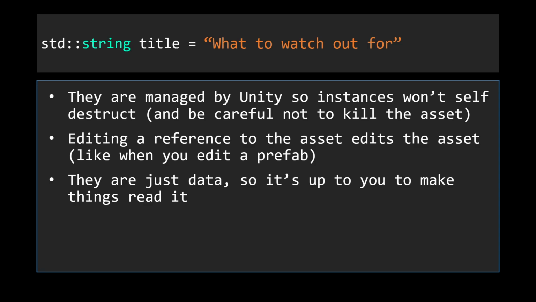So, another thing, shared instances. Well, guess what? If you're editing the values in your pointer to the shared instance, it's editing it for everyone. That might be what you're looking for. That is very helpful for, one example would be an enemy manager. So you have your one instance of scriptable object in your project folder that's managing the difficulty of your enemies. And each time you increase the wave, you can hold a reference to that object, change it, and all your enemies, if they all have a reference to that same object in your file structure, they'll be able to find it. A lot easier to manage than a static variable, and you can even edit it in the inspector while